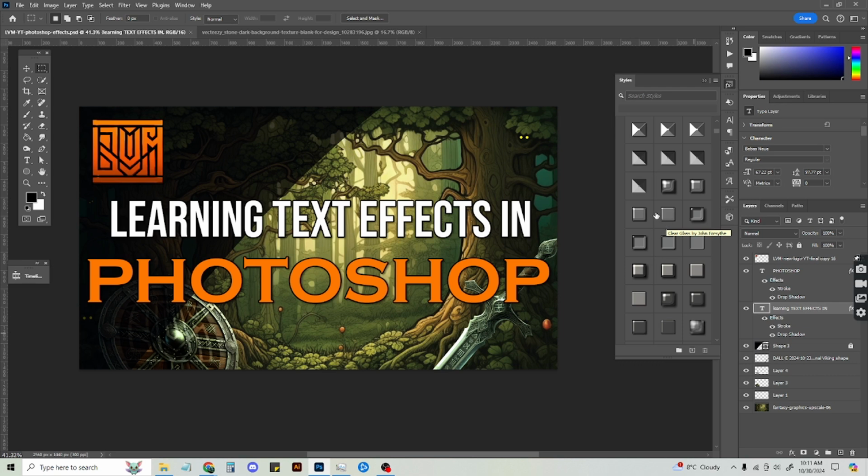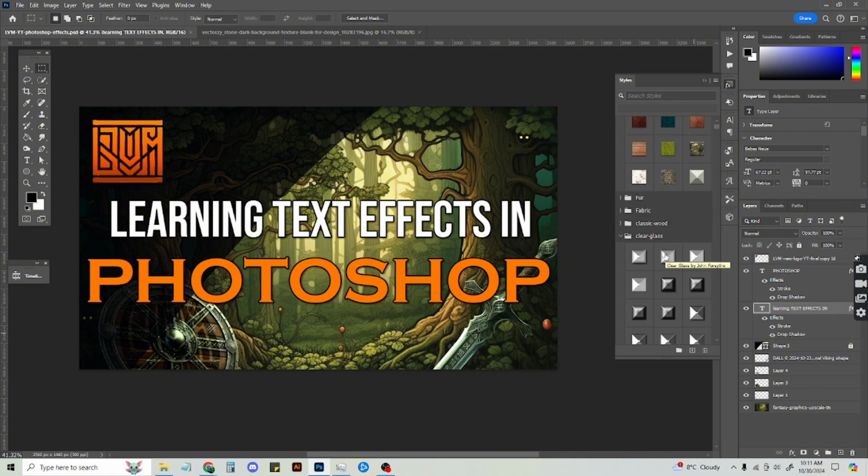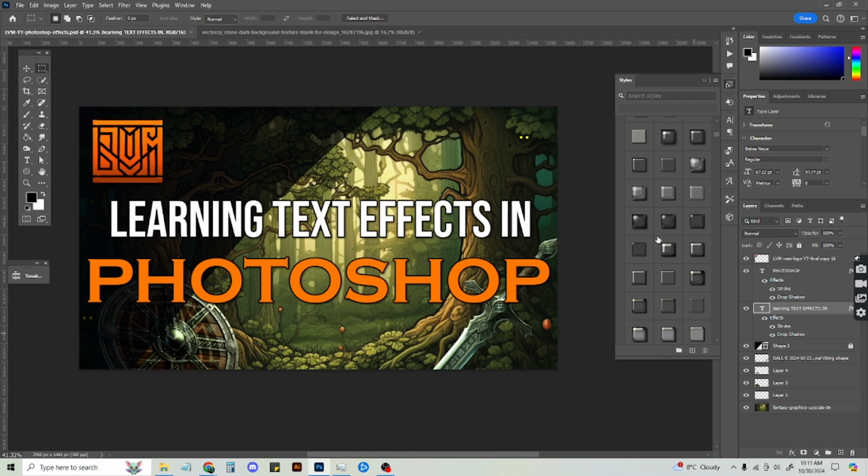I bought these many years back when I was into buying vector packs and different kinds of graphics and textures to help me in my own journey of learning. With this, you've got a bunch of different bevels and cool little effects. There's a fire section, there's wood, leather, so it's a really good place to start off to see how it was done. Obviously I could just click on one of these and it would make this into that effect